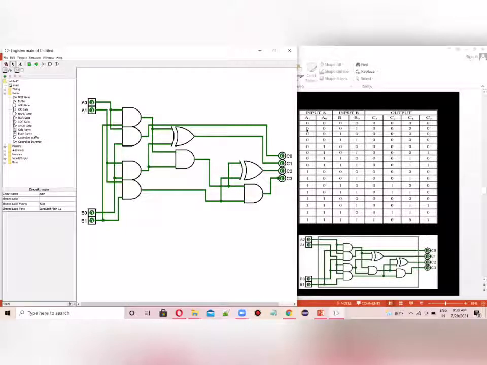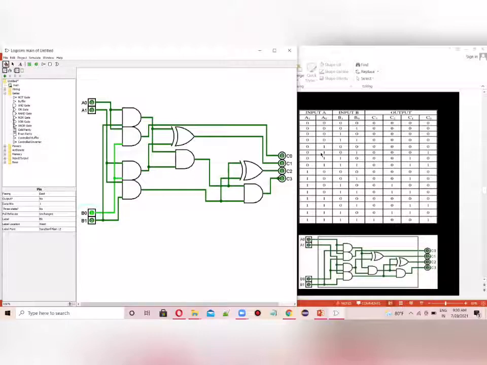Now let's see the second situation. There all the 3 are 0 and only the B note is 1. So let's change it by using the hand tool available. So B note is 1. If we select B note as 1, all the outputs are 0. So that is also working correctly.